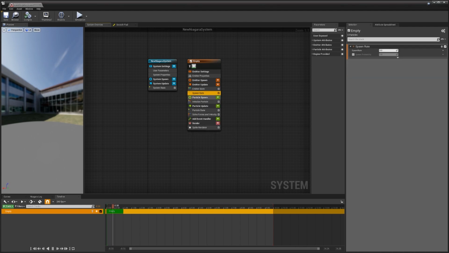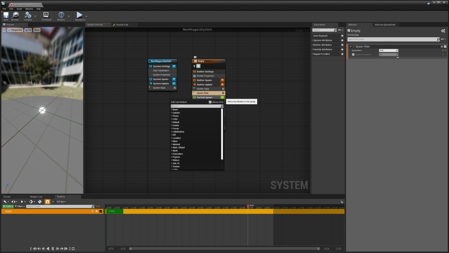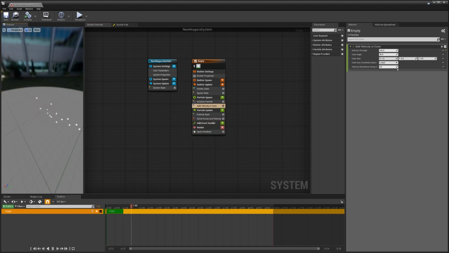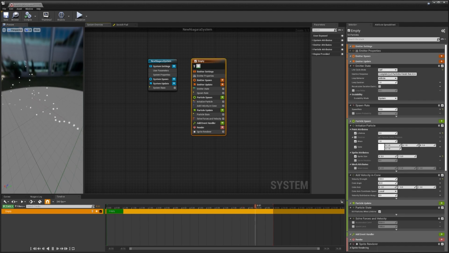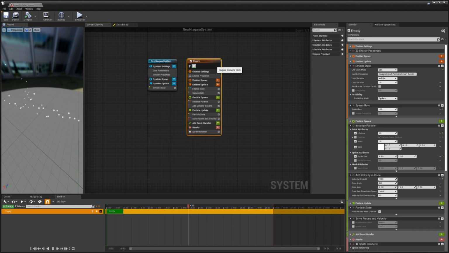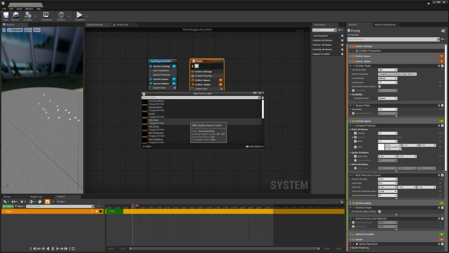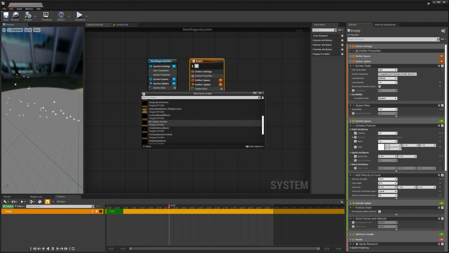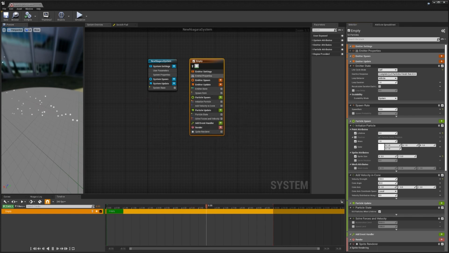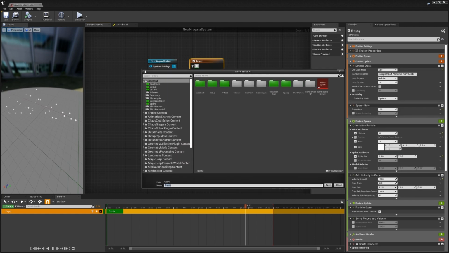I'm going to add just a quick spawn rate, and let's add an initial velocity. Now we can start creating particles straight away, and worry about creating the emitter templates and parenting and inheritance a bit later on. Once I'm happy with this particular emitter, I can choose a few different options. I can update my parent emitter if I want to parent it to a pre-existing particle effect. Or if I want, I can create a new asset from this, which will generate my new emitter.